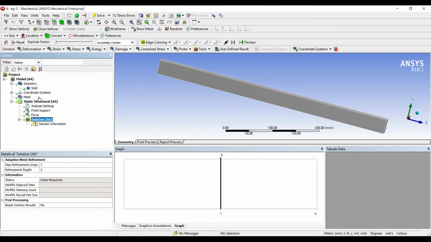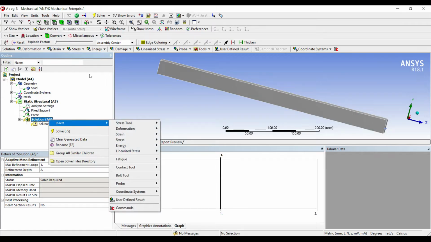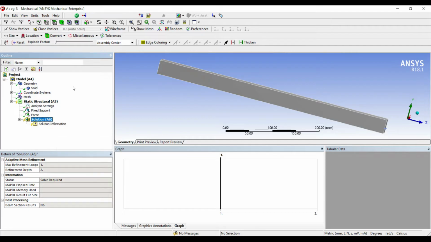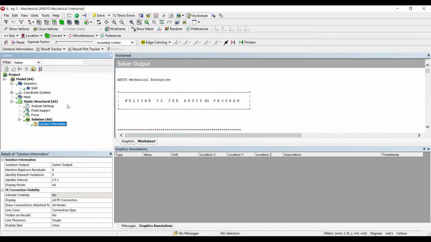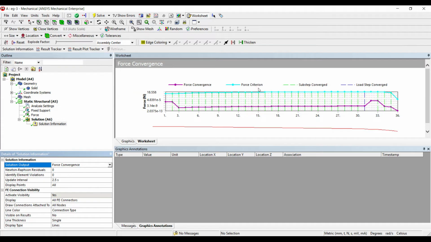I'll go to solution, right click, solve. So I've already obtained my solution. If I want, I can just change the solver output to force convergence. I can see over here.